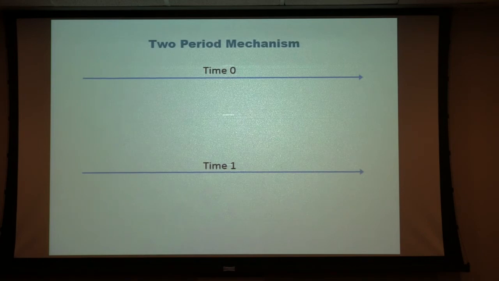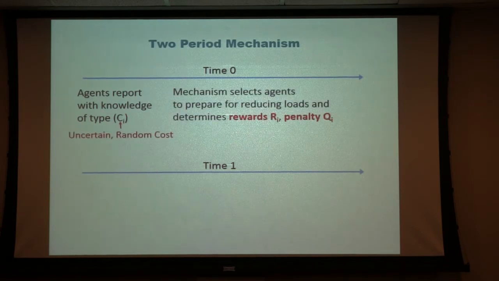For the mechanism design approach, as I said before, there are two time scales. Before the day, I'm going to select customers, ask customers. So here the agent will report their knowledge about their responsibility. In the paper, we have some mathematical model, like say some cost function is a distribution, so random cost. Then the mechanism of the aggregator is going to select the customer based on the reported information. And here what additional things we did is we define the rewards and we also introduce a little bit of penalty.